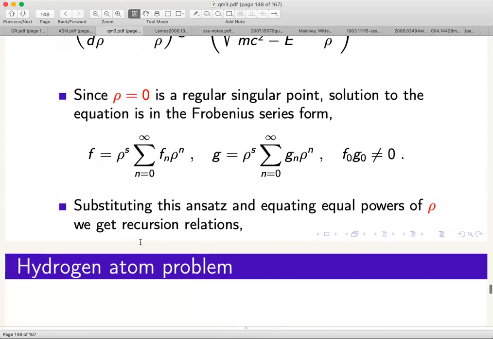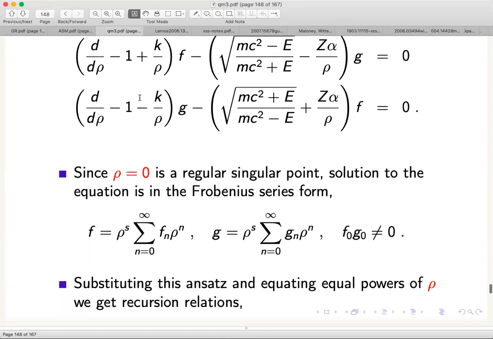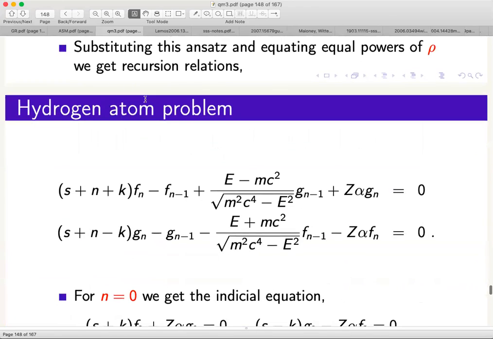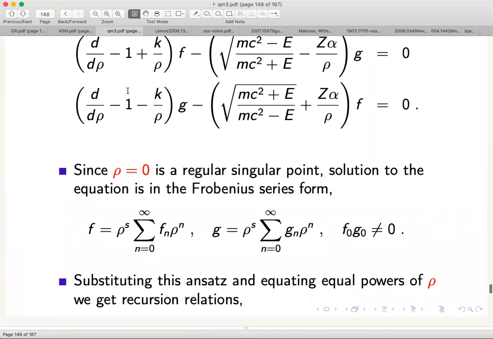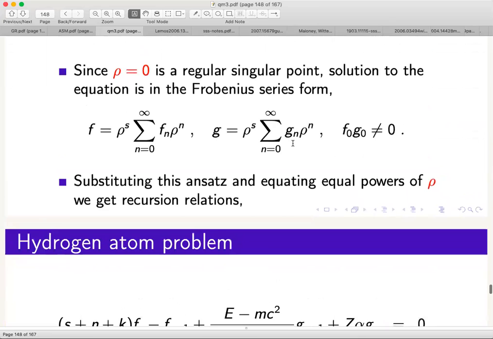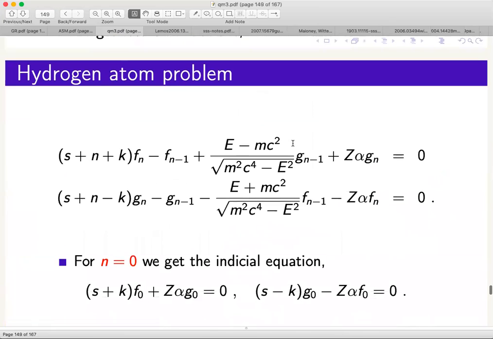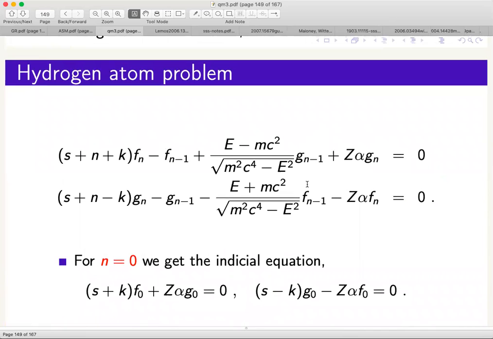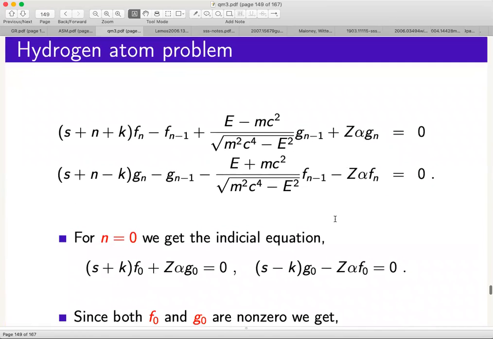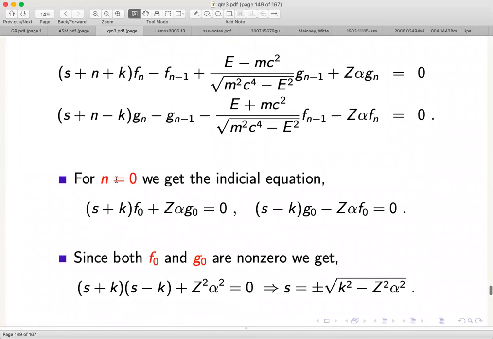And here, k versus minus k are the relative signs sitting around here. That's how one of them is plus k, the other is minus k. And this minus f_{n-1} are these minus 1 factors sitting around here, and so on. So it should be possible to trace everything from the previous equation. Okay, so once you do that, then we said that we will solve the initial equation, which corresponds to